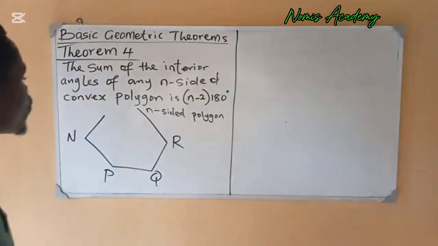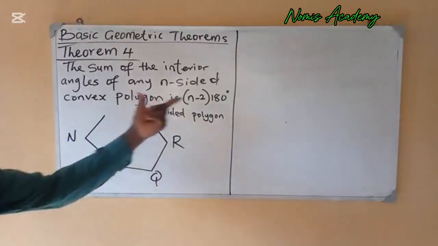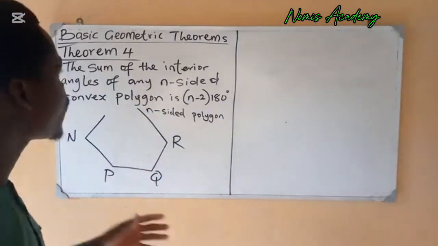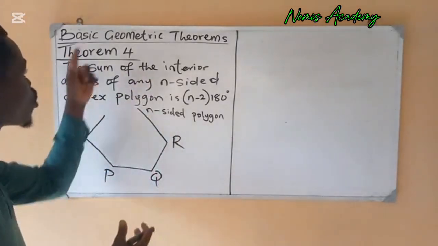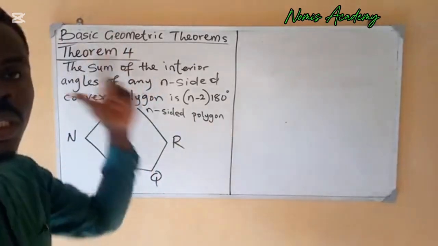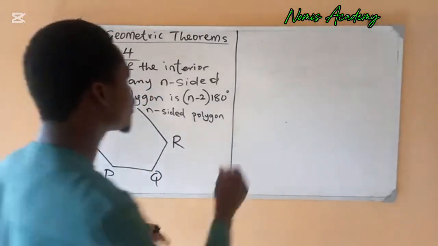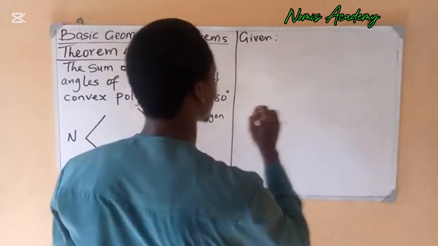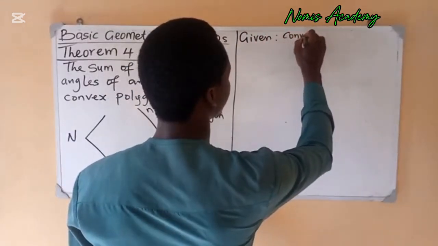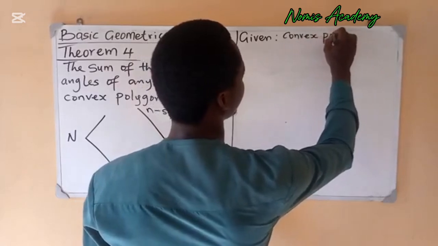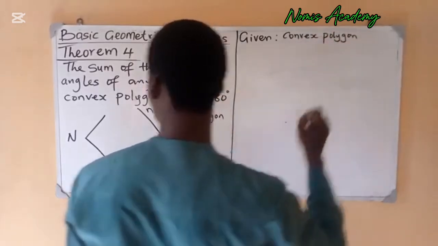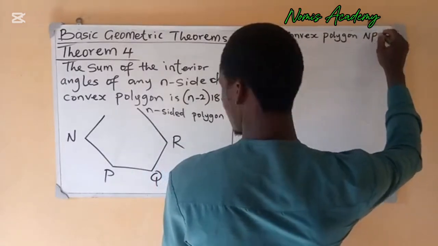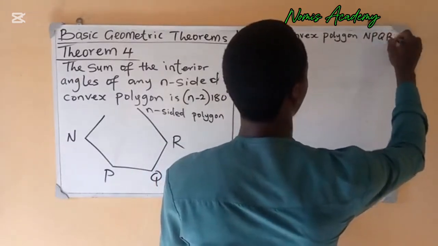So now let's proceed with the proof. We need to prove this statement to know if this theorem is actually true and if we can also use this to solve problems under geometric theorems. Okay, now let's proceed. Given, what is given to us? We have a convex polygon N, P, Q, R,